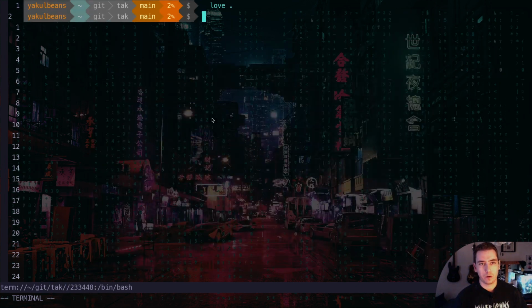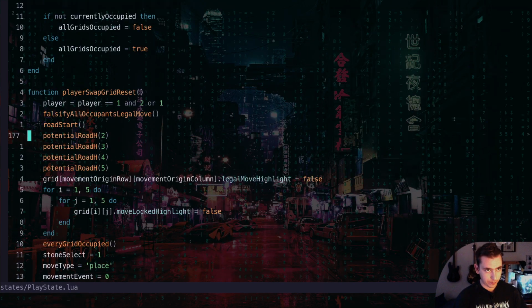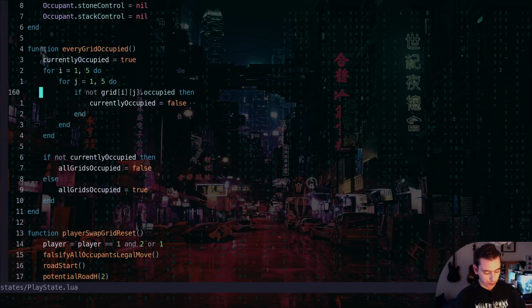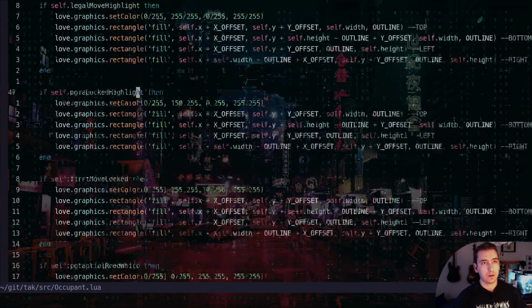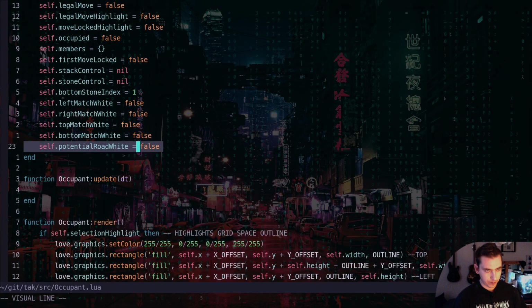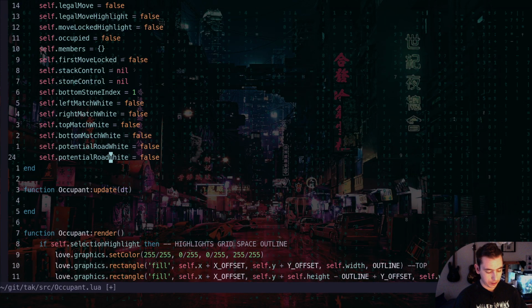So now we're printing out the potential road white boolean, but we need black as well. We need to have a black boolean in our occupant class so that we can actually